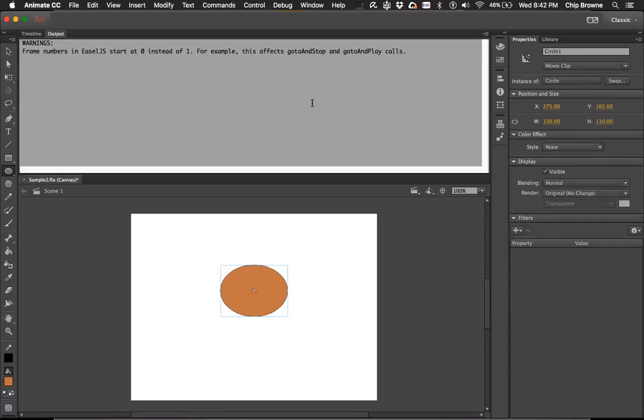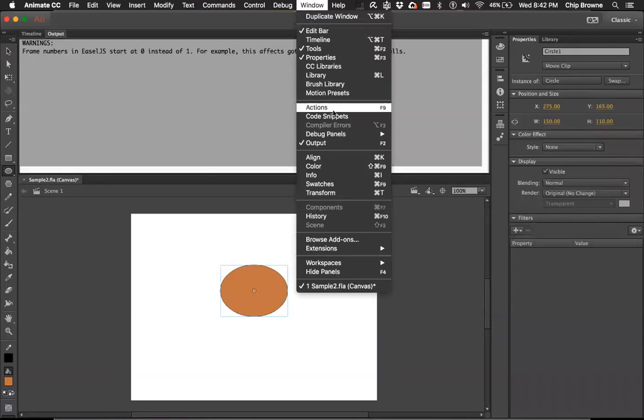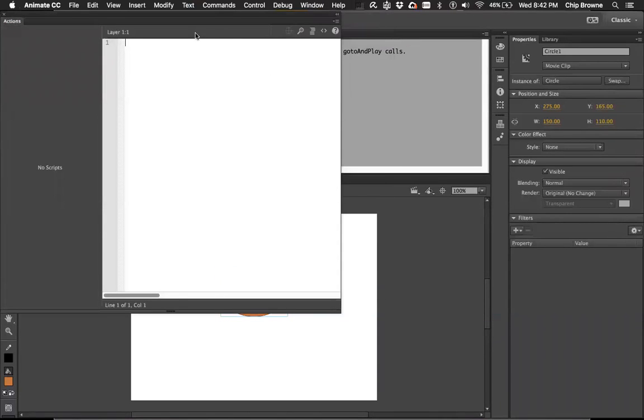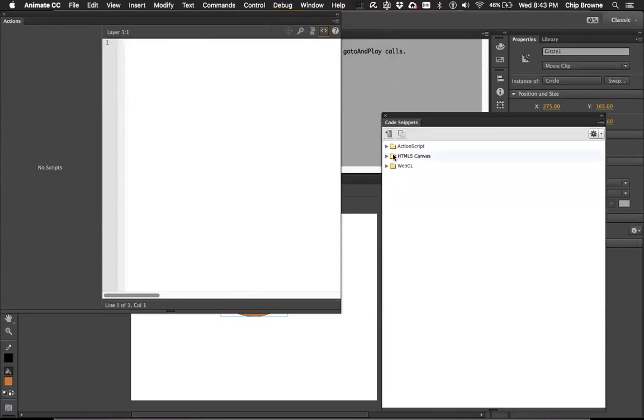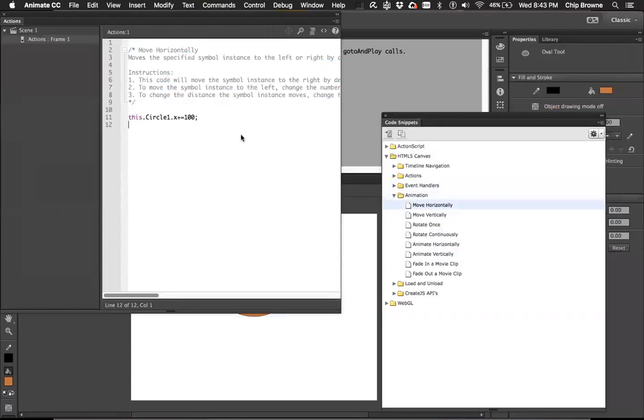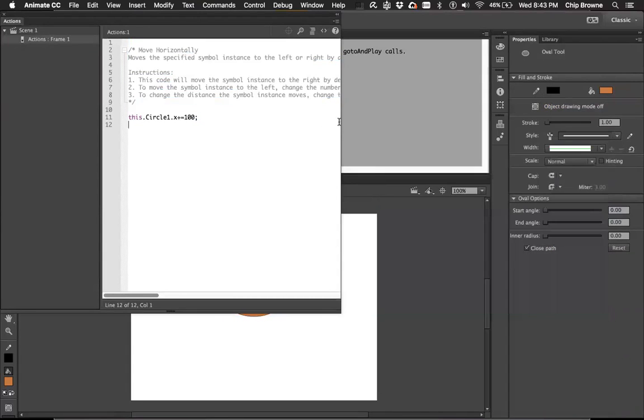Now let's take the window and code snippets and actions. And it's got selected. Click here for code snippets, HTML5 canvas, animation. Let's say move horizontally. Okay, so here we have,